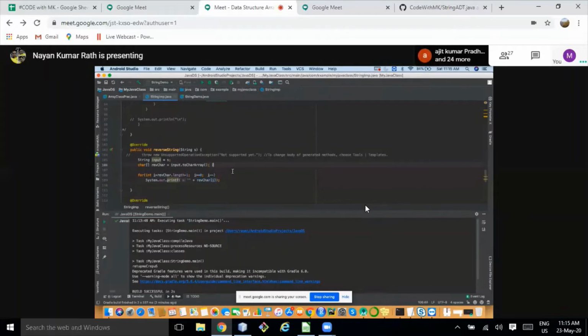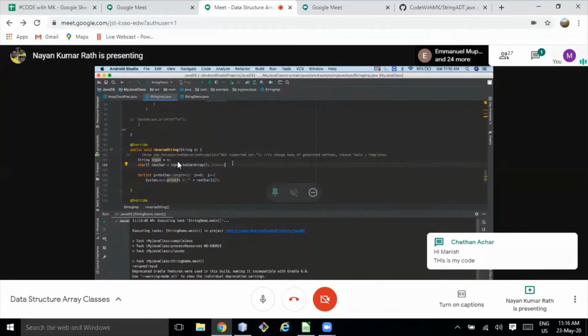Here I'm using extra space, right? No, that is fine. If you are converting a string to an array, that works. But if you are using one more character array and storing this output in another character array, that would be using extra space. This line you can remove if you take the parameter as a character array, and change it in the beginning only.